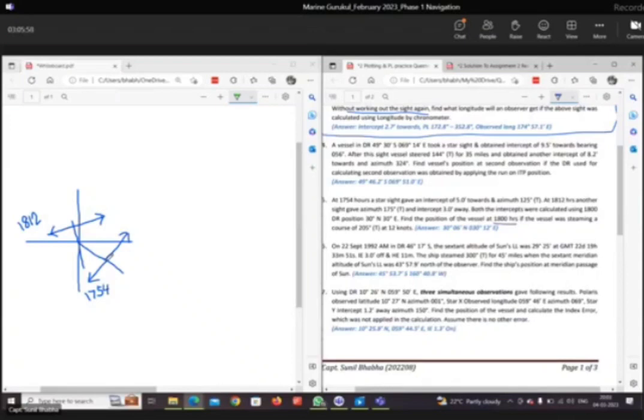लेके जाने के लिए 1754 की पीएल पे मुझे 6 मिनट का अहेड रन लगाना है। Ship is moving 205, 12 knots. सो 205 की डायरेक्शन में शिप मूव कर रहा है 12 नॉट की स्पीड पे। मैंने आईटीपी पे 6 मिनट के लिए रन लगाया which is 1.2 माइल्स 205 की डायरेक्शन में। ये मैंने यहाँ अप्लाई कर दिया ग्रीन कलर का वेक्टर।